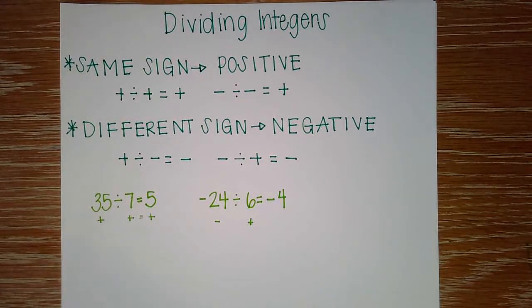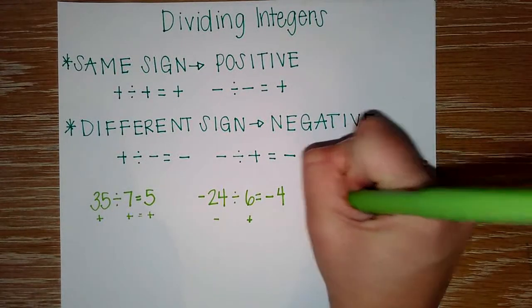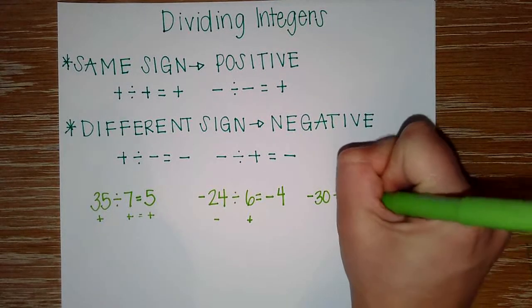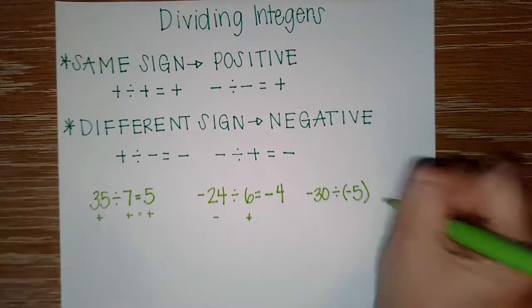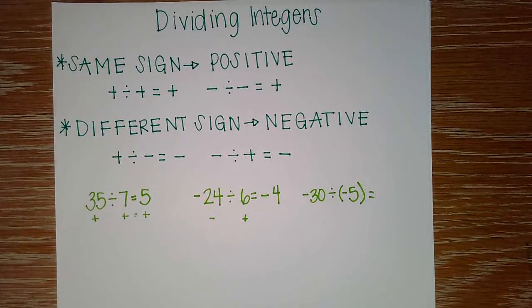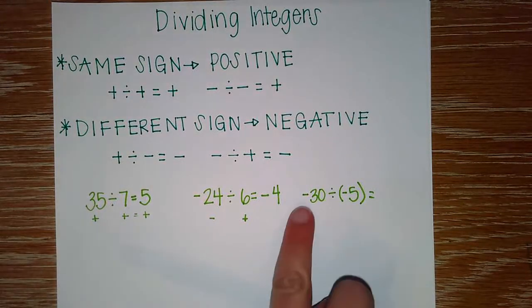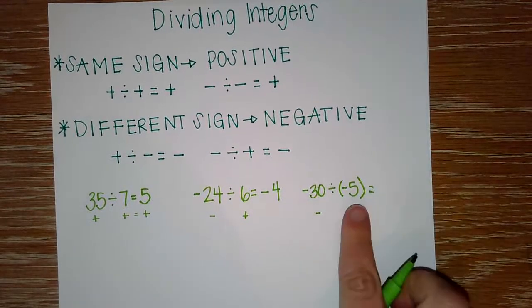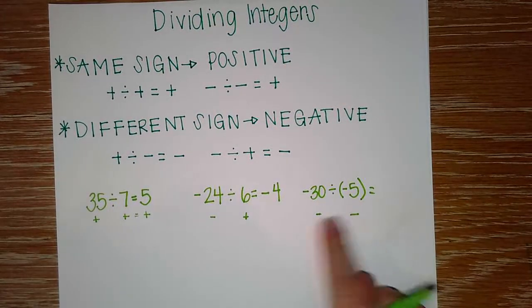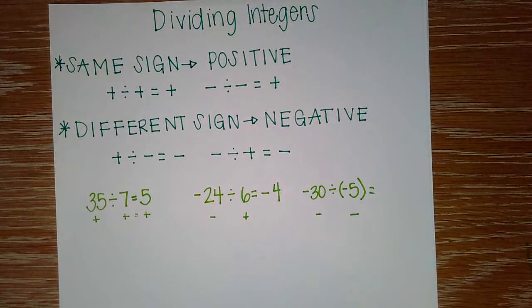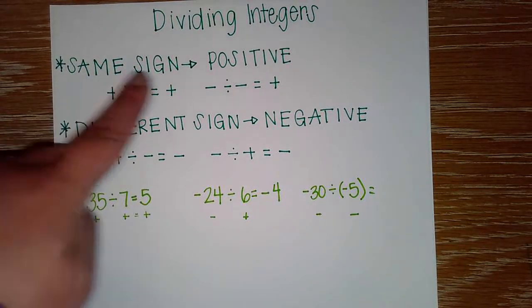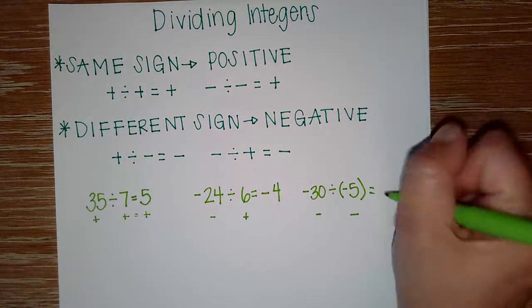Let's try one more like this. If I have negative 30 and I divide it by negative 5, what will that quotient be? Well, here we've got a negative divided by a negative. Those symbols are the same. We have two negatives. Therefore, if we look up here, when we have the same sign, our quotient will be